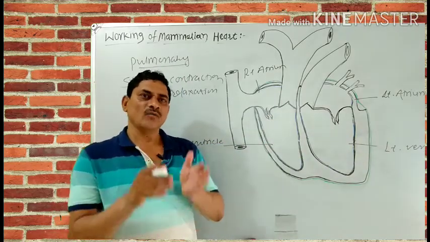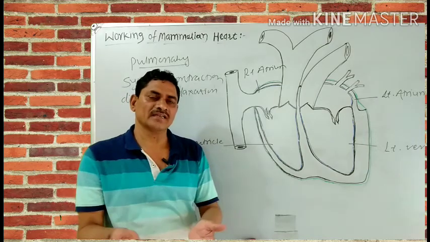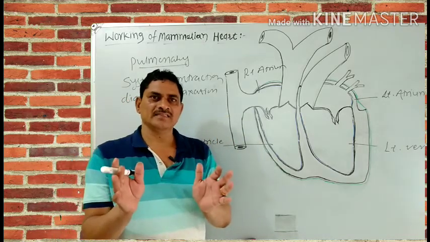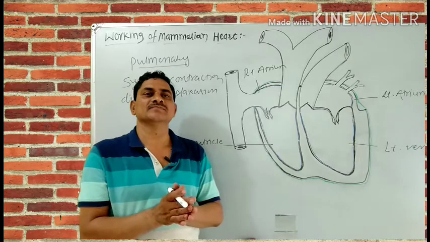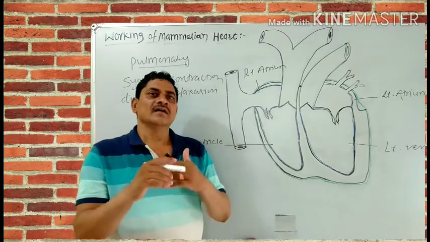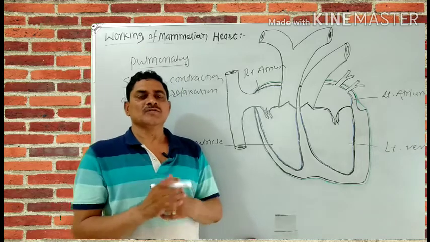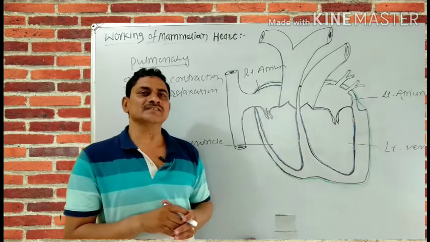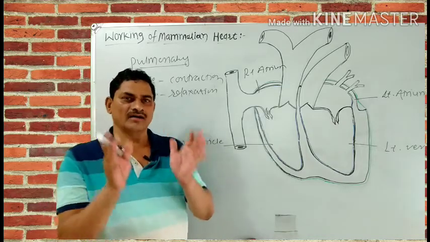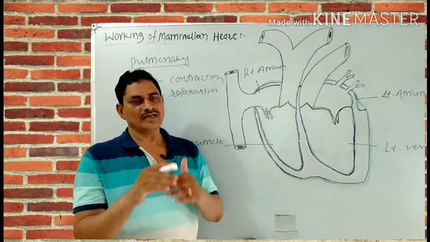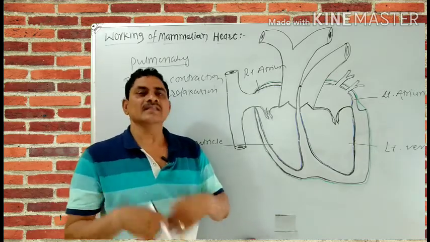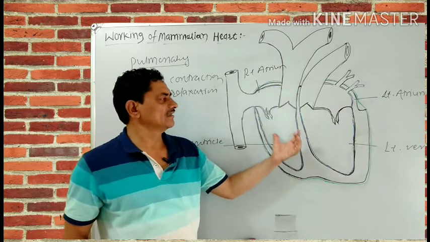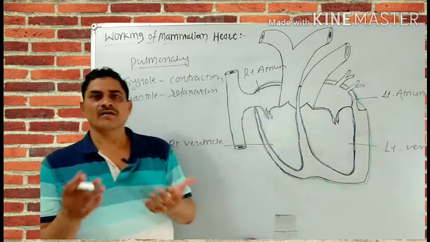Here one systole, or contraction, is followed by one diastole, or relaxation, and this is termed the cardiac cycle. Systole followed by diastole is a cardiac cycle, and this cardiac cycle constitutes the heartbeat. So the contraction occurs first and then the relaxation occurs, and here the contraction of the atria occurs first and then the contraction in the ventricles occurs.